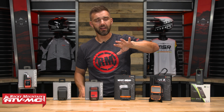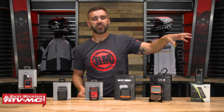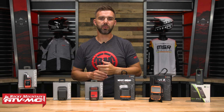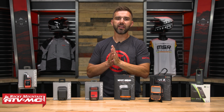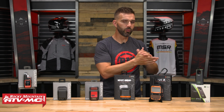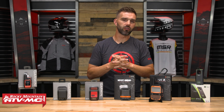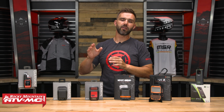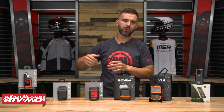I will say that as far as the GPS goes, and this goes for all of these, I still think that a handheld GPS is going to be better than the GPS capabilities that you get with these. Because for example, yes, with the Bivy Stick, you can see that other user's location, but if you click on their location, it's not going to navigate you to them. It'll show you where they're at, but